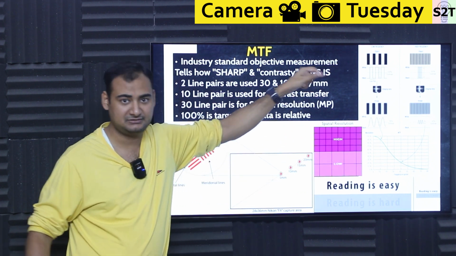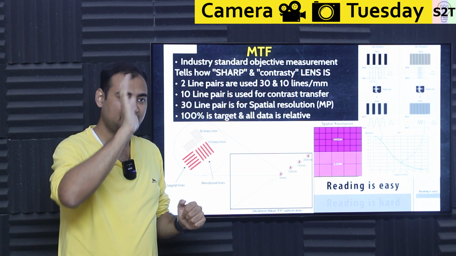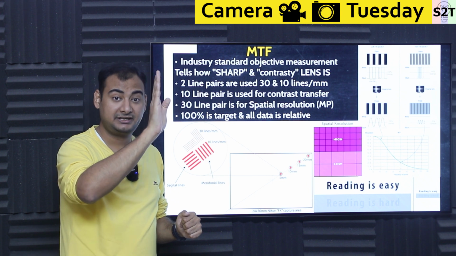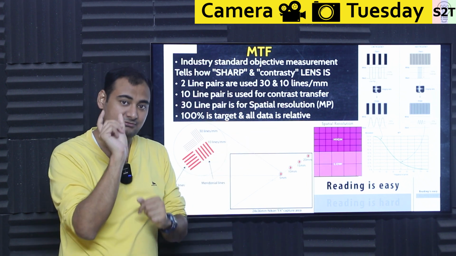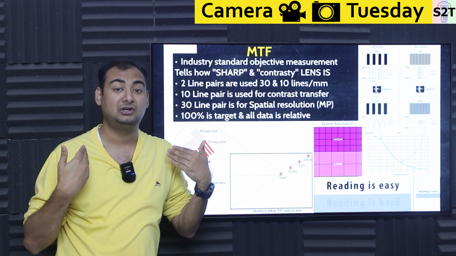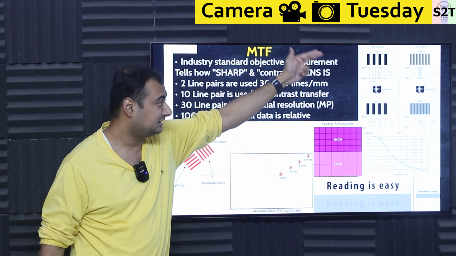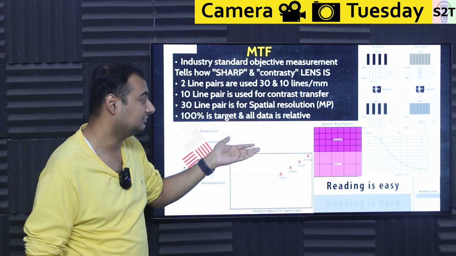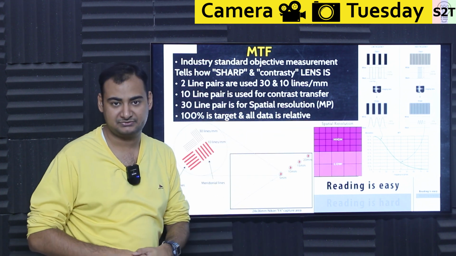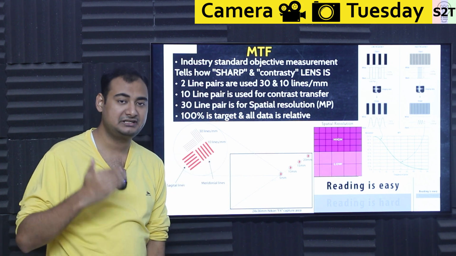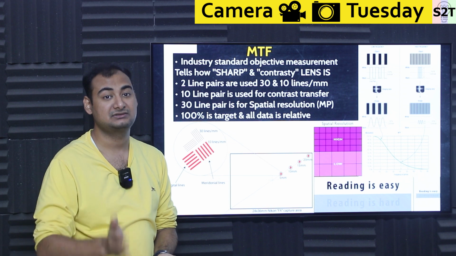A square wave signal, basically a pixel going from white to black, becomes white, gray, then black. So there will be a transition zone. How sloppy that transition is, that curves your signal. That is what we call loss of contrast. So you started with 100% contrast, your lens will lose some percent of it. For example, it could lose 10% of it and then you have 90%. And that's actually a good result.